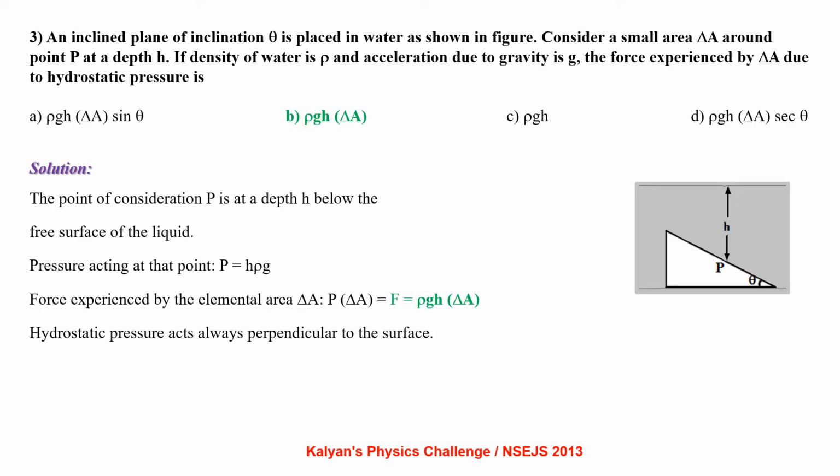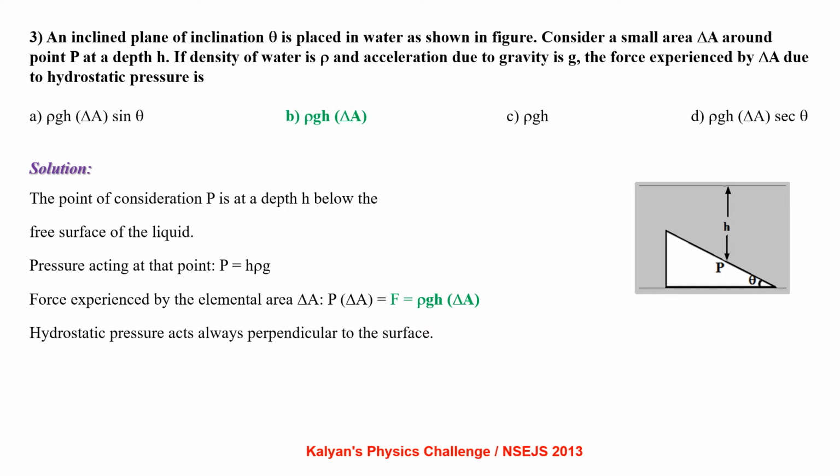An inclined plane of inclination theta is placed in water as shown in figure. Consider a small area delta A around point P at a depth h. If density of water is rho and acceleration due to gravity is g, the force experienced by delta A due to hydrostatic pressure is